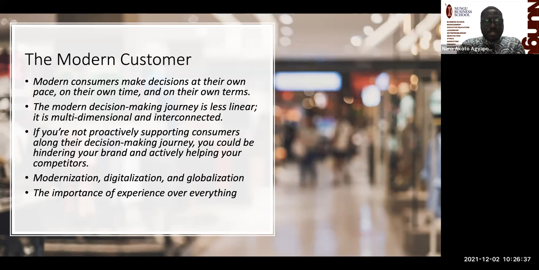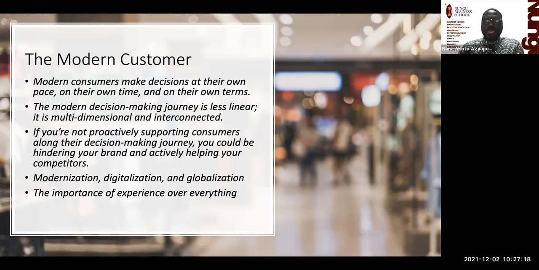The second point, the modern decision-making journey is less linear. It is multidimensional and interconnected. Those days, there was a straitjacket approach that you put an ad out there, customer will discover the ad, they will make a conscious effort to reach out to you. Like a linear process. They reach out, you come, you serve the customer, you close the deal, everybody's happy. Now it is not. It is very complex because there's information, there's competition,